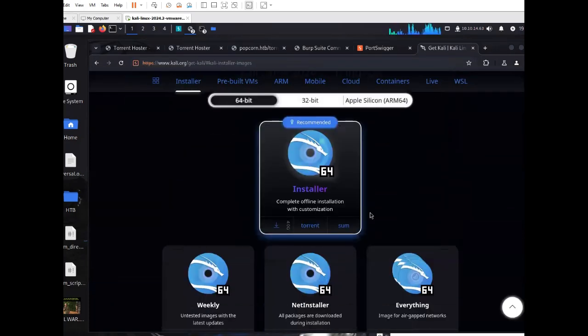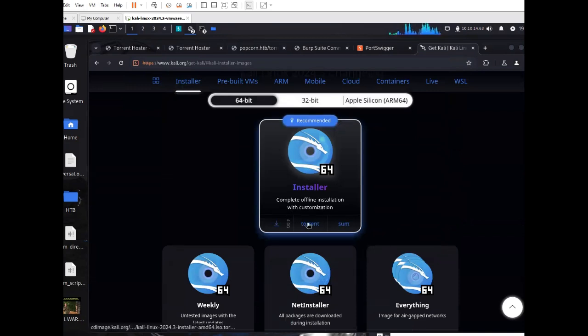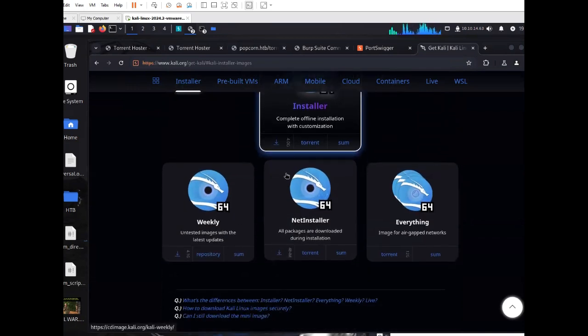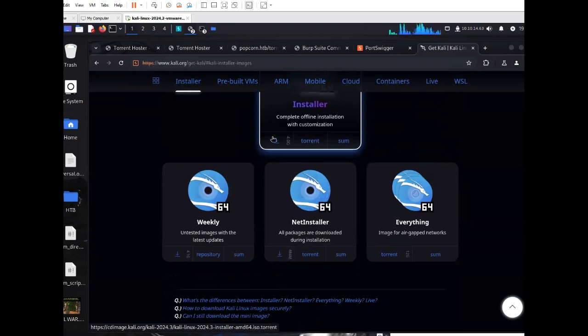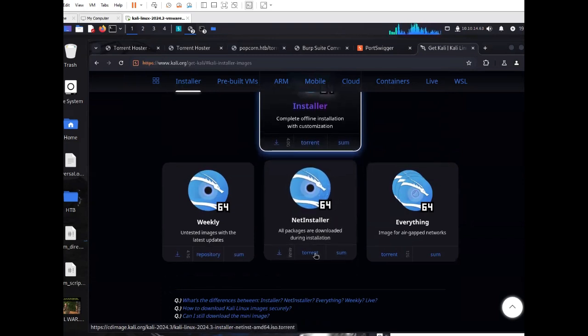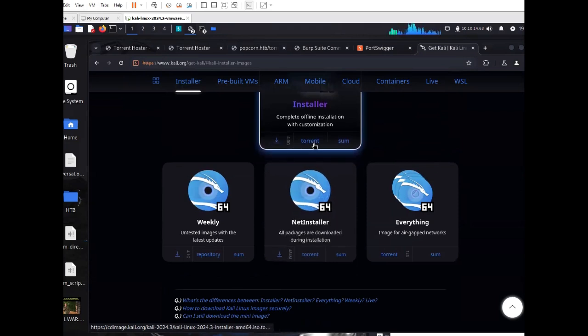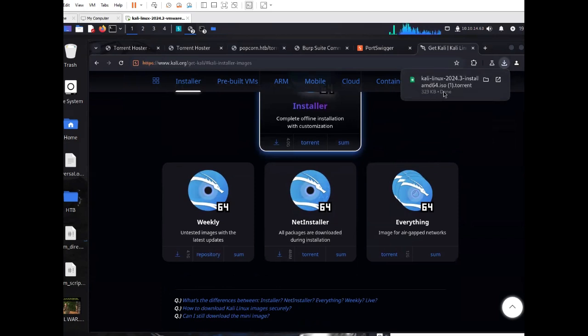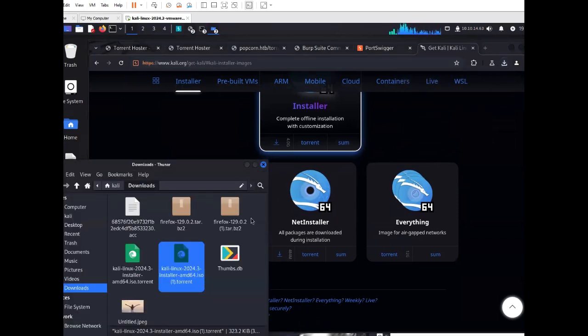and then here you can see it's giving you this torrent option. So you download this torrent, right? This one's 4 gigs, but the torrent is really small. Whatever torrent you want, you can download this one. You can see it downloads very quickly. And if you look at the file extension, it's a .torrent. So then you upload that